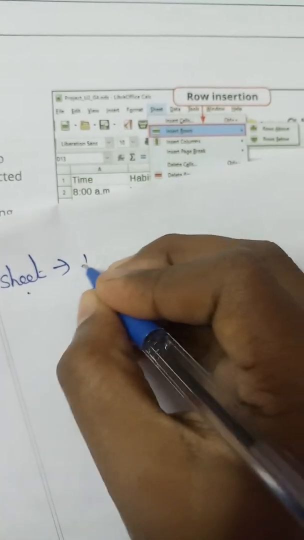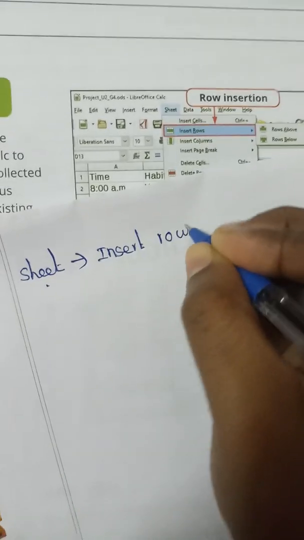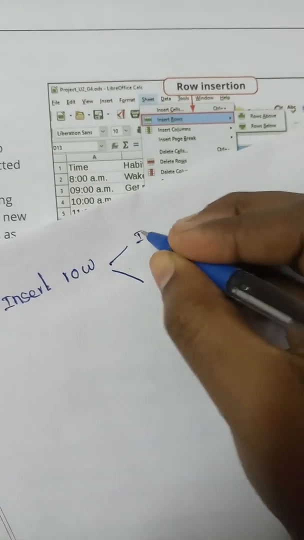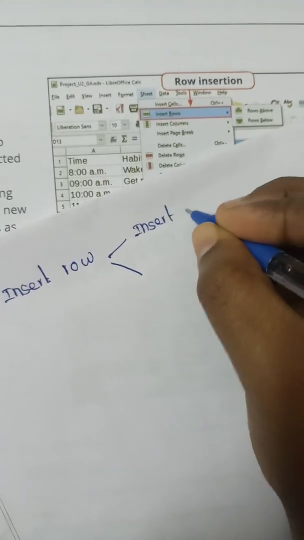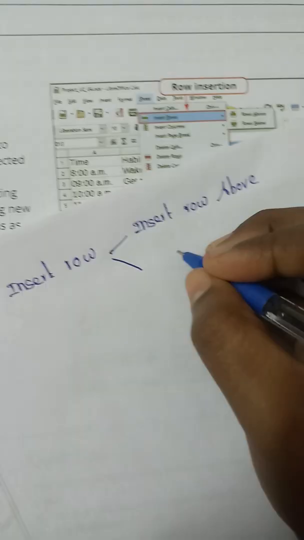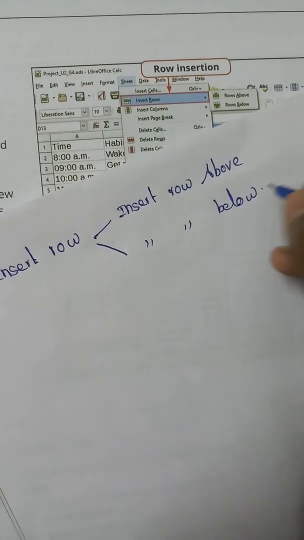In that, you need to click Insert Row. Then there are two options: Insert Row Above, and the second option is Insert Row Below. These are the two options. You can select any one of them.